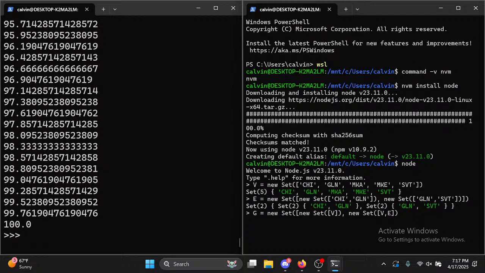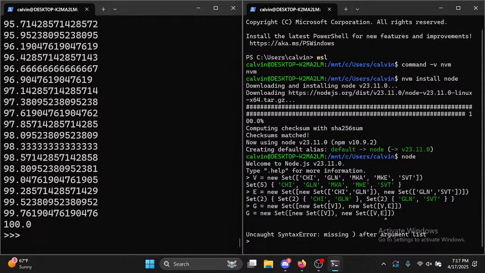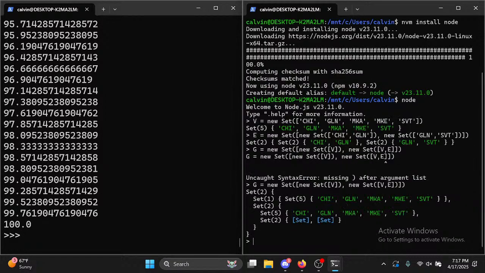I suspect whatever you tell me to do in JSON is what I should do, but I don't have an intuitive sense for what that should be. How close was I? Let's see. There we go. Okay, I didn't get all the way there, but